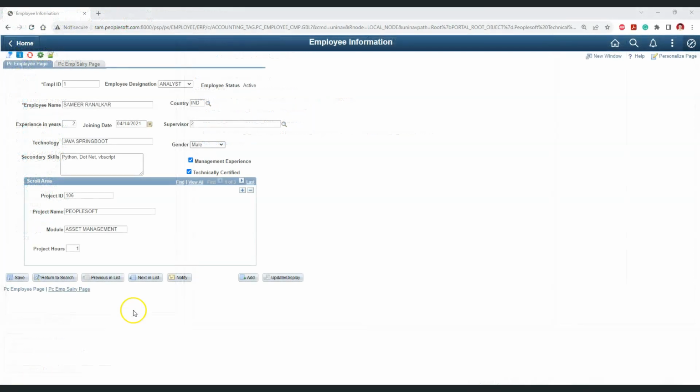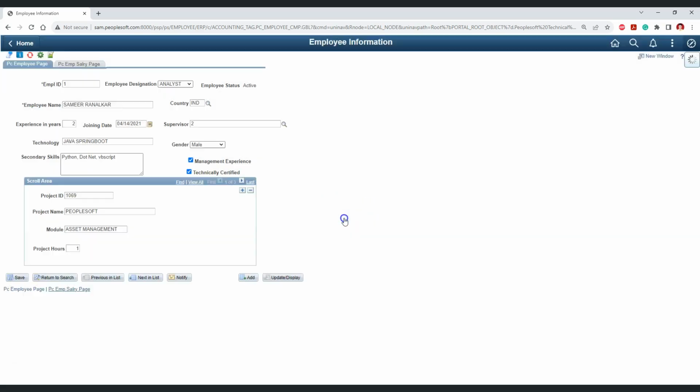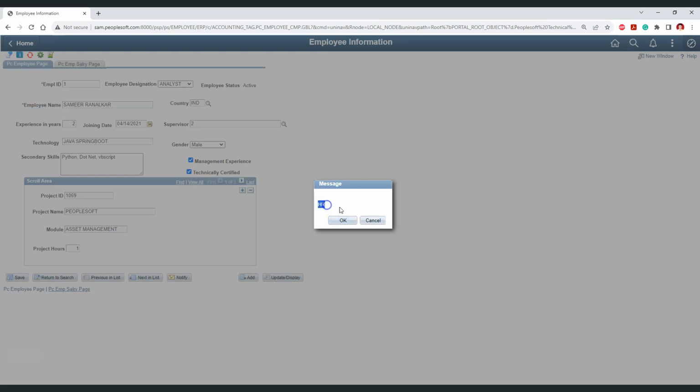Since we have written our PeopleCode at the component save edit event, let me make some changes and save it to trigger this PeopleCode. As you can see, we have our first module here, which is asset management. Since we have 3 rows of data, it will print all the modules for all these 3 rows. So this is our module for row 1, this is our module for row 2, and finally this is our